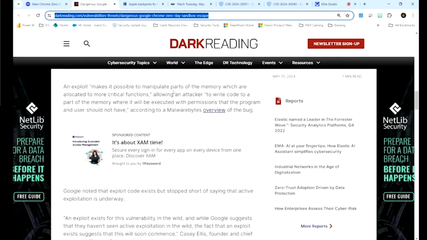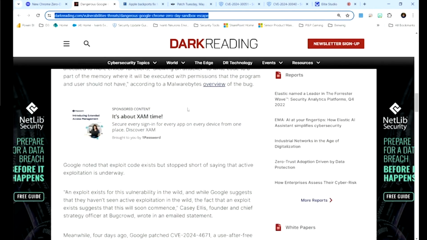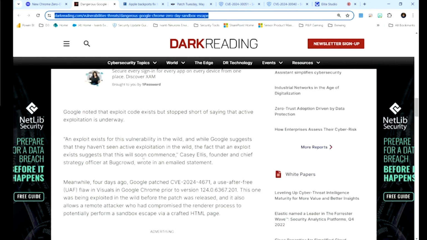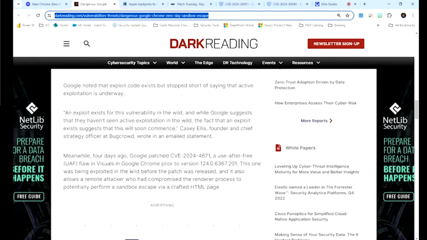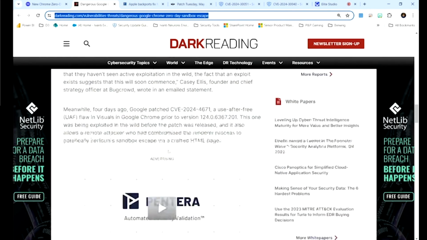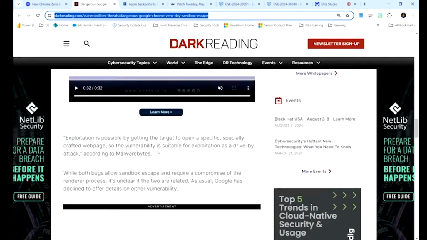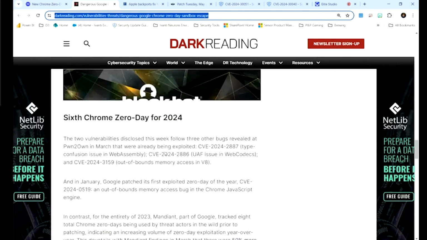It makes it possible to manipulate parts of the memory which are allocated for more critical functions. So it gets into a little bit more detail about the vulnerability. It had some good information from researchers at Malwarebytes and a few others that chimed in with a little bit more detail about how nasty this particular vulnerability is. So that just gives a little bit more context there for somebody who wants to read up a little bit